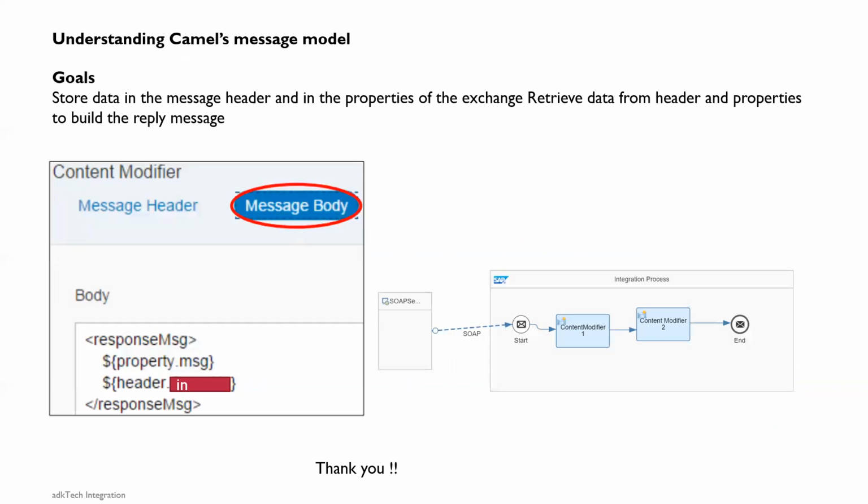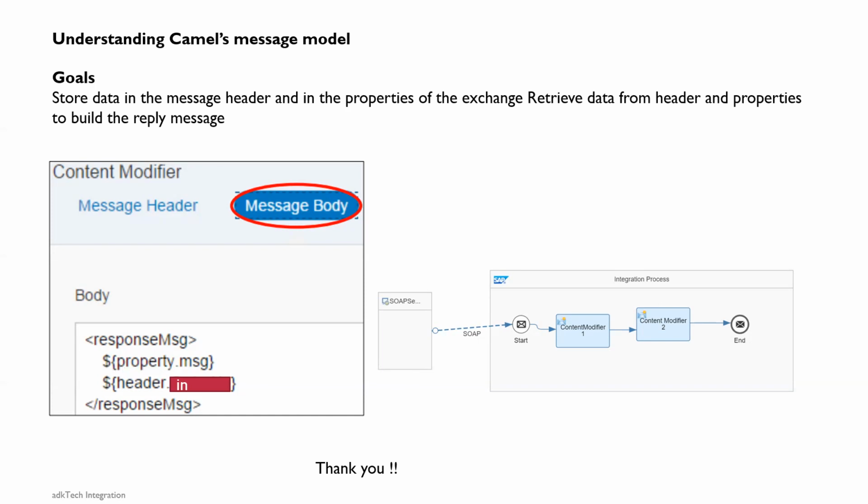Now, in the second message content modifier, we are filling this message body. We are simply creating one XML tag here. Inside the XML tag with the $ sign and the curly braces, we use property. Property is the keyword which has to be remembered, because we are simply accessing the